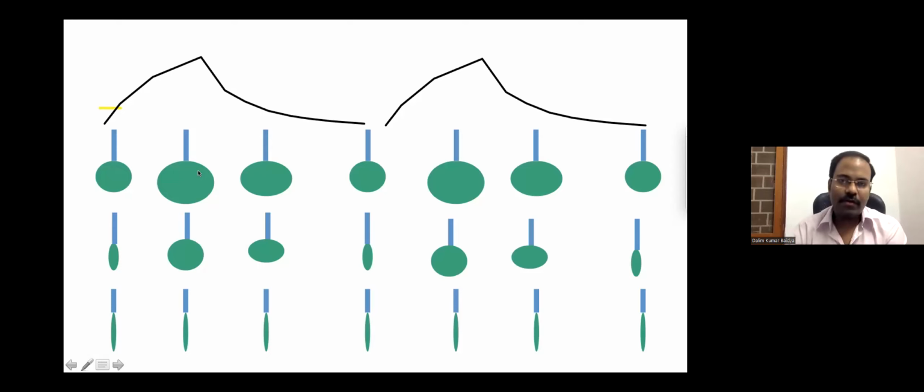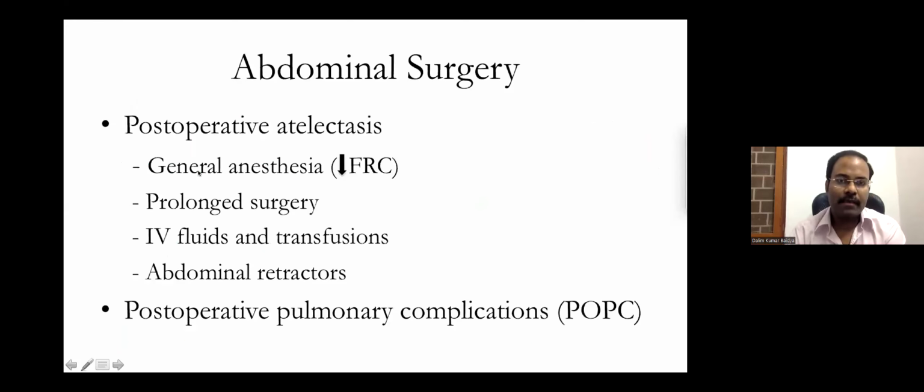Although this is classical of ARDS, there has been significant data to suggest that in major abdominal surgeries or even open thoracic surgeries, this kind of heterogeneity exists in the lung tissues because of various reasons. For example, in general anesthesia, the FRC will be reduced and a lot of alveoli will be closed. Whereas in open abdominal surgeries, abdominal retractors will be placed that can cause significant compression of the lung tissue, particularly